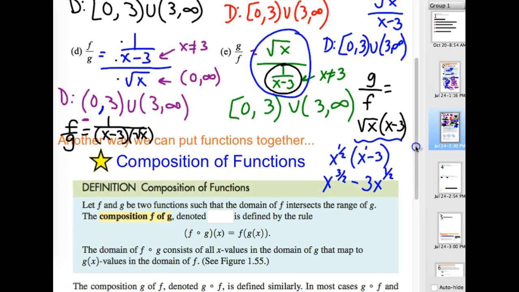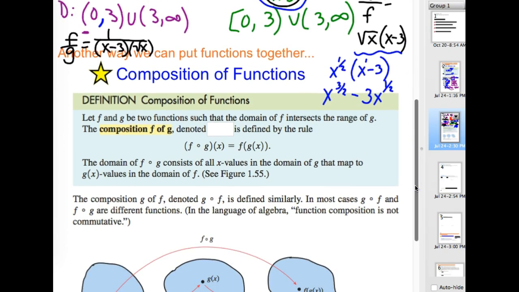All right. So we've looked at adding, subtracting, multiplying, and dividing functions. The last topic for today is the idea of a composition of functions. This is where we put a function into another function. So it says let f and g be two functions such that the domain of f intersects the range of g. The composition f of g, written like this,